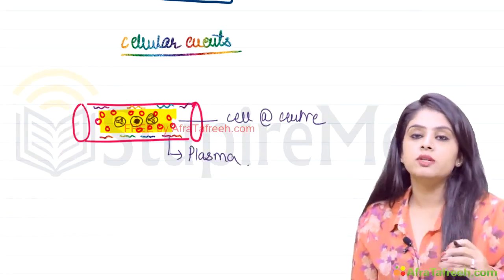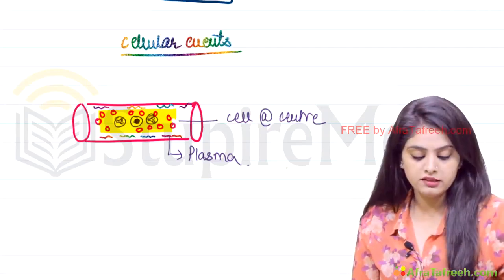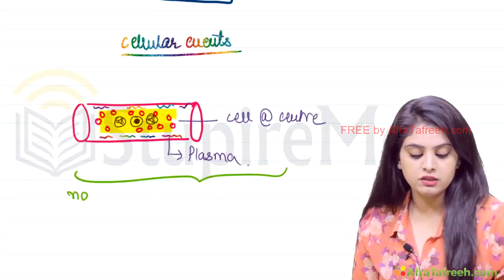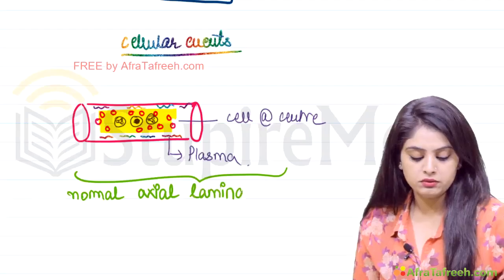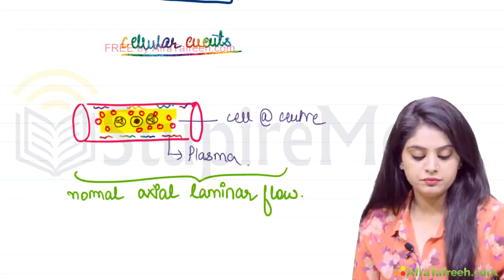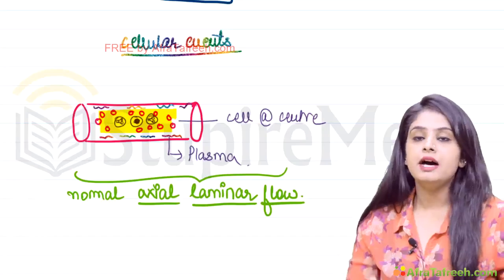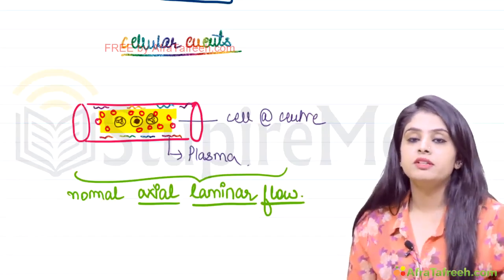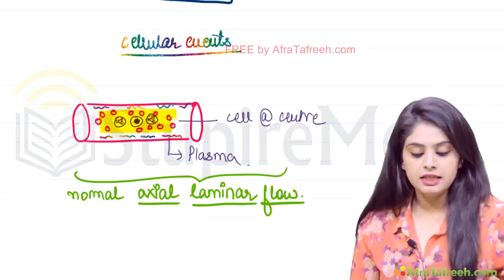This particular arrangement is followed in our body. This is how the normal blood is flowing in the body, and this arrangement is known as the normal axial laminar flow. Normal axial laminar flow. This is normal. Now what happens is, remember we discussed one hallmark, that is increased vascular permeability, in which all